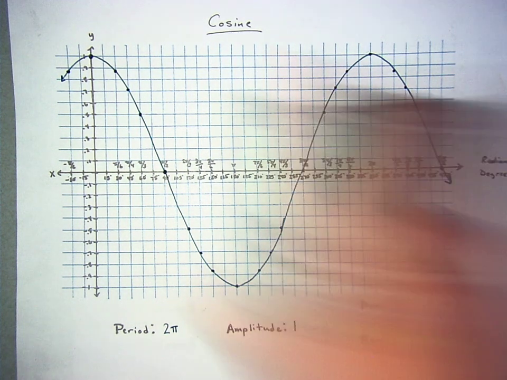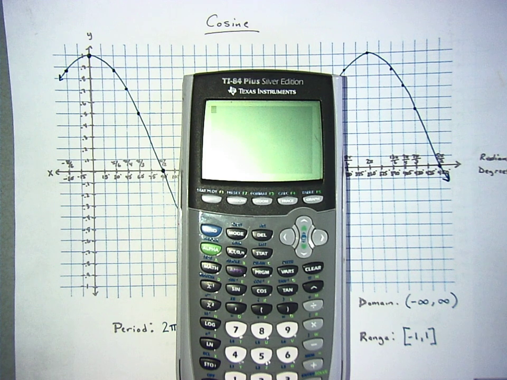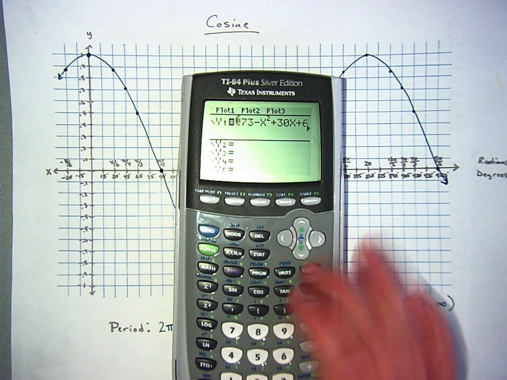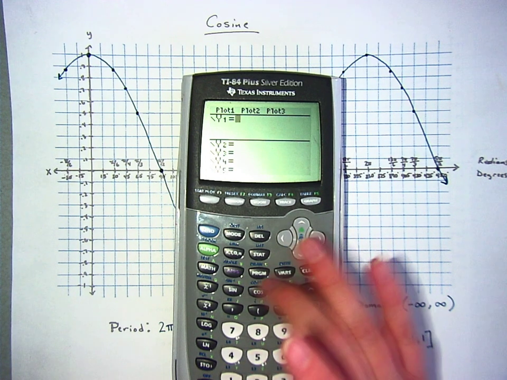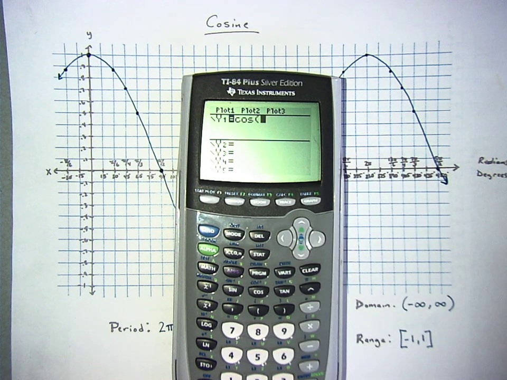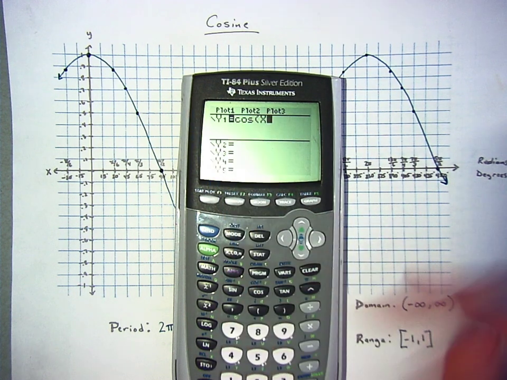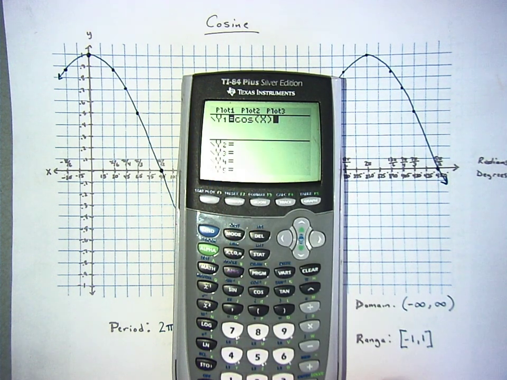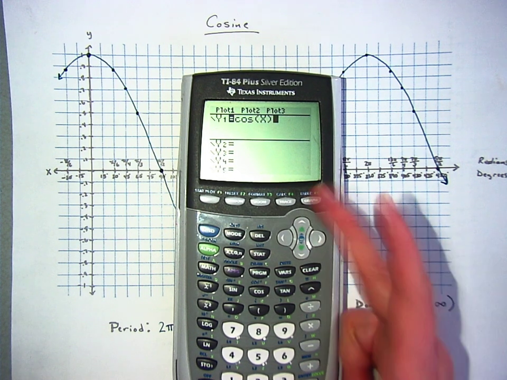Let's grab our calculators and try graphing this. All right, so go to y equals. You're going to clear out anything that's in there. And we're going to type in cosine of x. I'm typing in cosine, and then I'm hitting this button right here. Everybody look where I'm pointing to. Pointing right there, the one that says x, t, theta, n. Putting that in, cosine of x. That's my variable. Now, if I just hit graph right now,